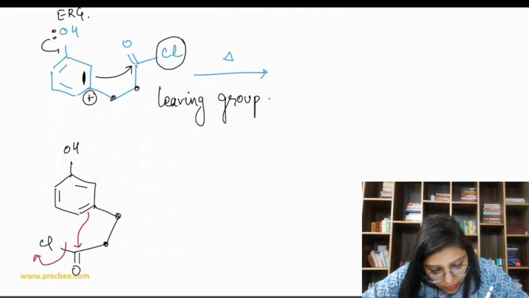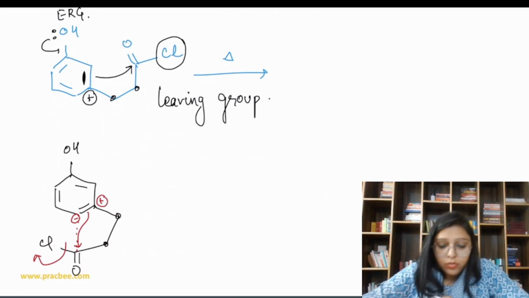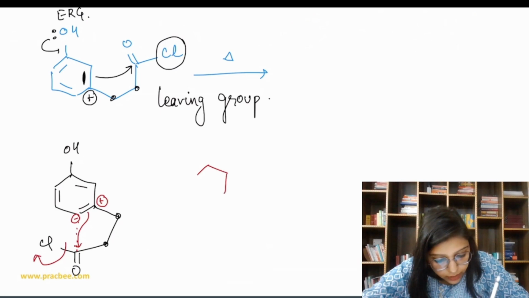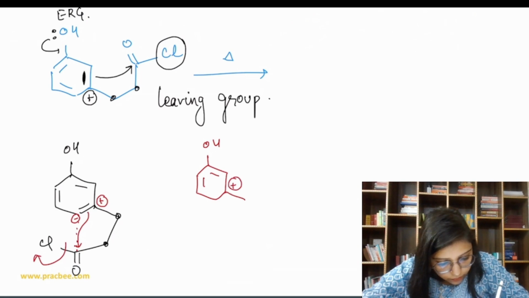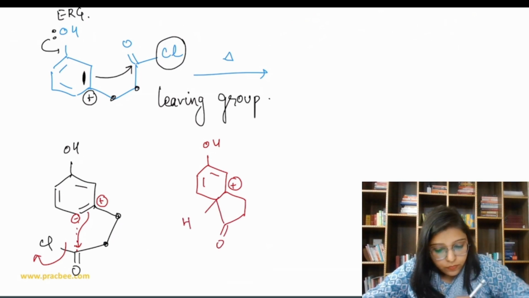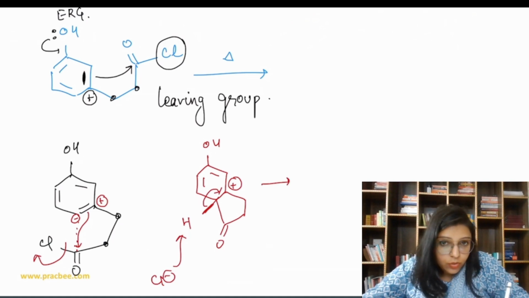So we are going to form a ring. So here negative charge, right? We are going to form a 5-membered ring. And here we have the generation of positive charge. Now let's form the ring. So what we are going to write? OH positive over here, then 2, 3, and this. Okay. So we have hydrogen. Now that Cl minus takes this hydrogen and the electron of this bond shifts over here. So we get